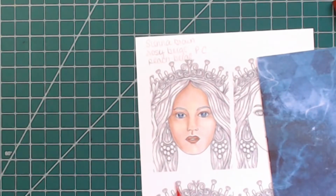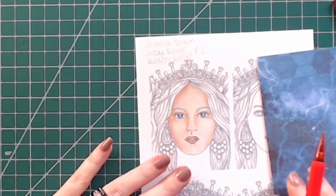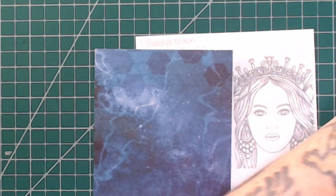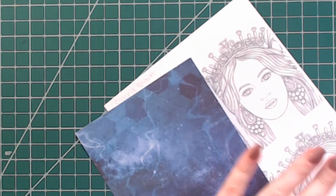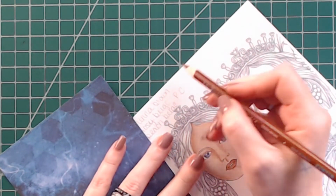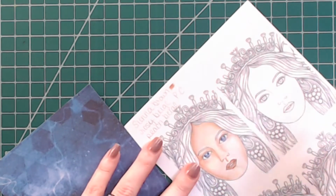Okay, enough babbling on. So this was our first one there. Then over here, I'm going to do a different skin combo. Oh, and if you wanted to, this is a really good practice, and I'll show you why. If you make just little swatches next to your colors, like so,